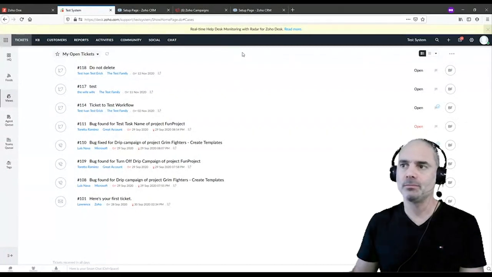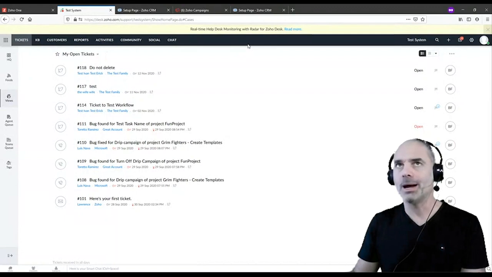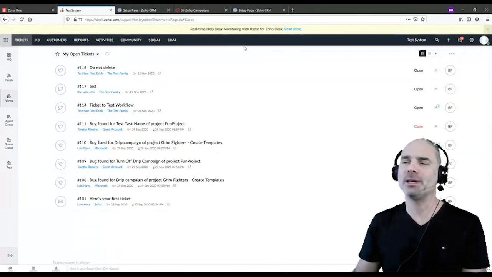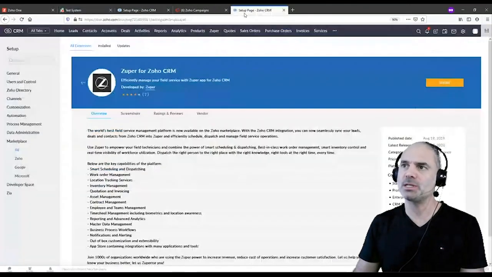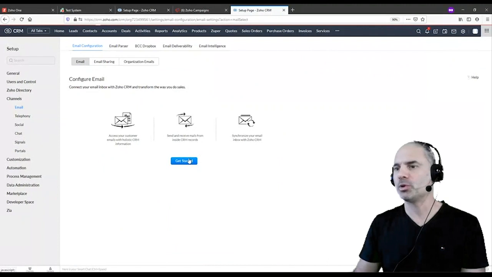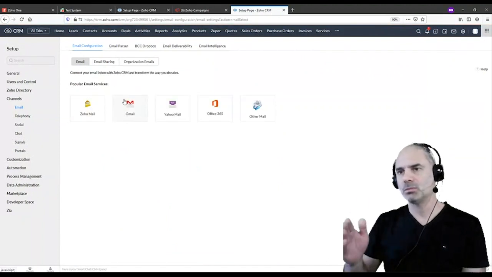Yeah, but then it's a copy and you don't know if someone replied. You do see, because the reply will go from the employee email and not the support email. So on Zoho CRM, the email that you are going to configure will not be support. It will be your personal email. Okay, so that's not good.